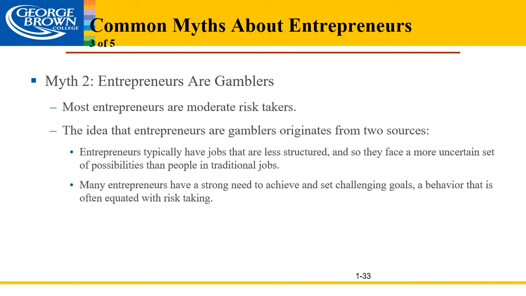So myth number two, entrepreneurs are gamblers. While entrepreneurs do have to have a risk appetite, we are absolutely not gamblers. We do take risks, but we understand that there's a relationship between risk and reward. As risk increases, so does our reward. For our scientific friends or our good math people, they would have a positive linear correlation